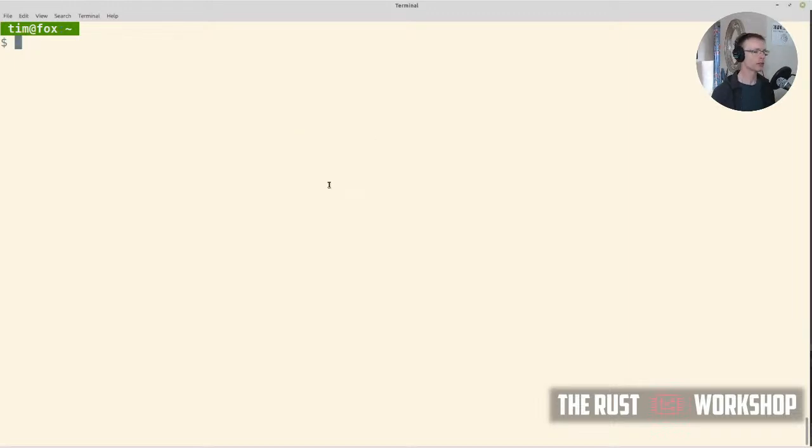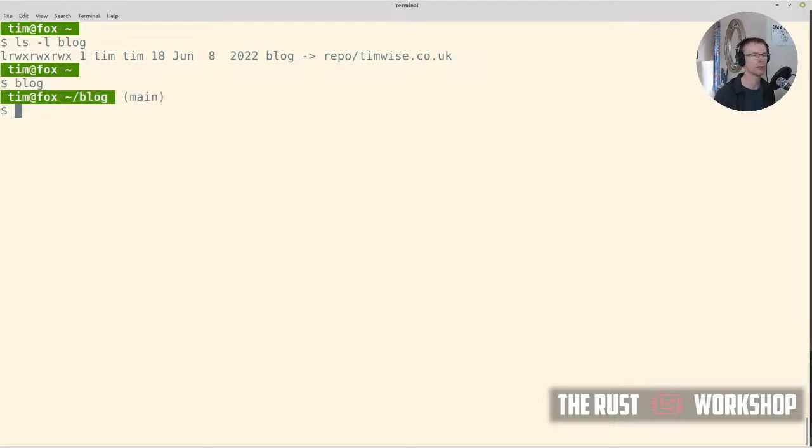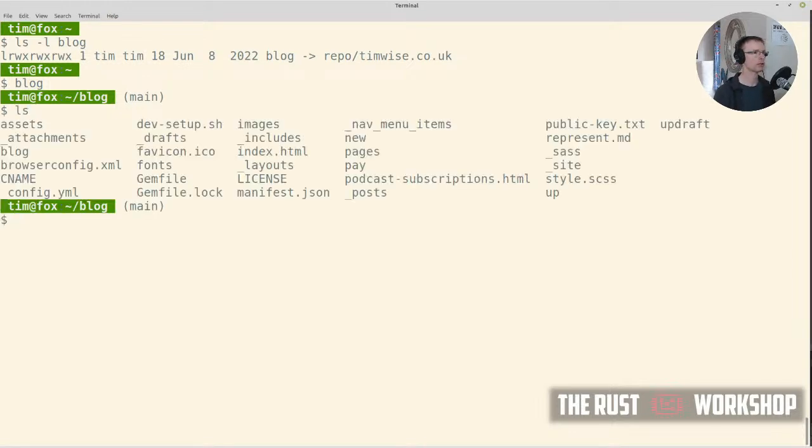Cool. So first thing, just one tiny little improvement is I've symlinked my blog repo just to the root of my home directory. I'm running jekyll, which has a neat feature where instead of going cd blog, you can literally just type the folder name and it will cd into it, which is cool. So that's one thing. This is a jekyll blog,